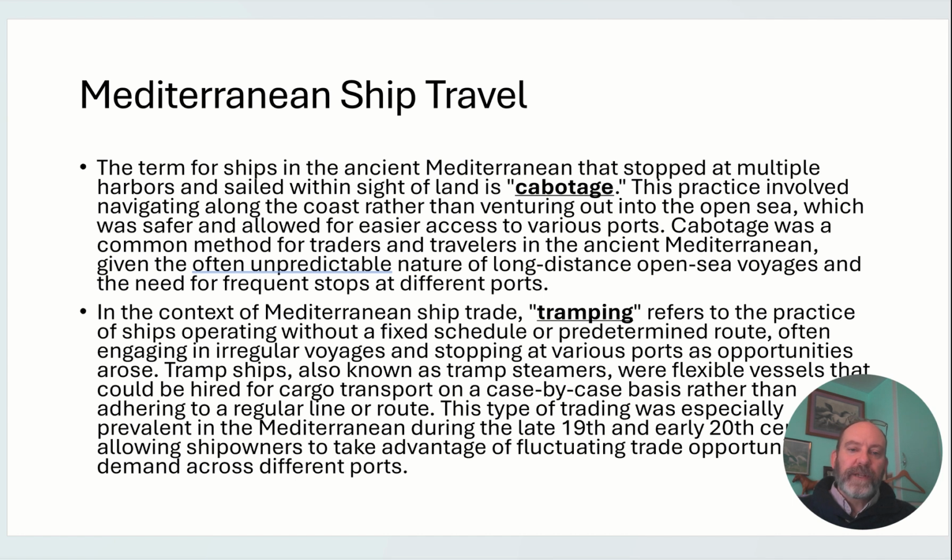Traders would be on these ships, or sometimes just goods. The owner of the ship would be the trader himself. So what would happen is you'd have these ships that were trade ships, and they were tramping. And that refers to the practice of ships operating without a fixed schedule, but essentially they're going from port to port to port to trade goods, and they could go back to a previous port, but they had flexible schedules for the purpose of doing trade. So I think that's one of the primary means that the frogs around the pond idea works,